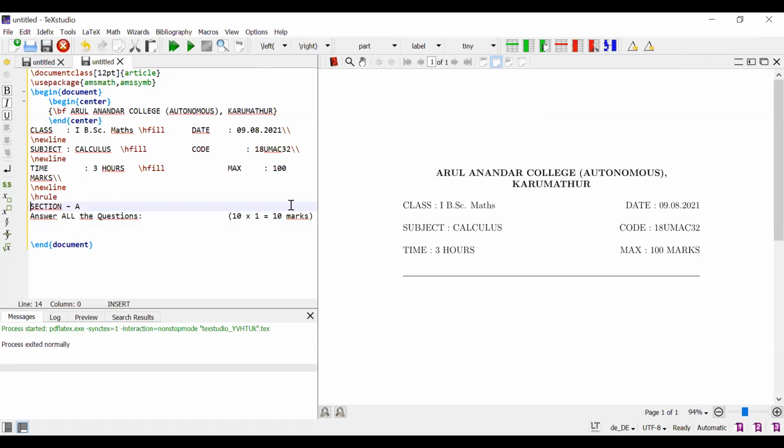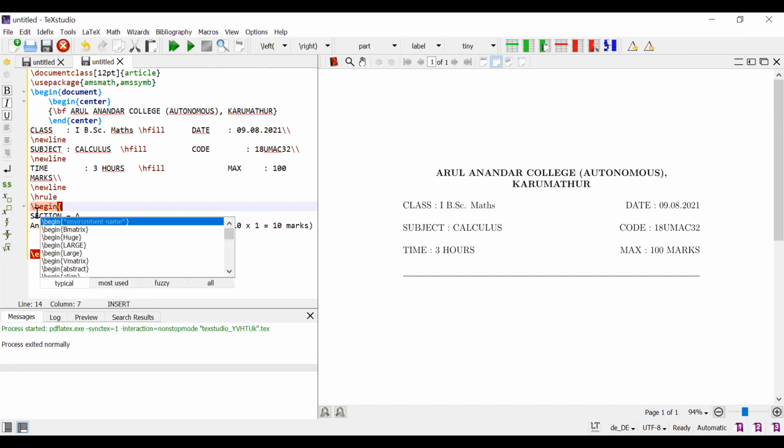Here I fix the center with begin center.